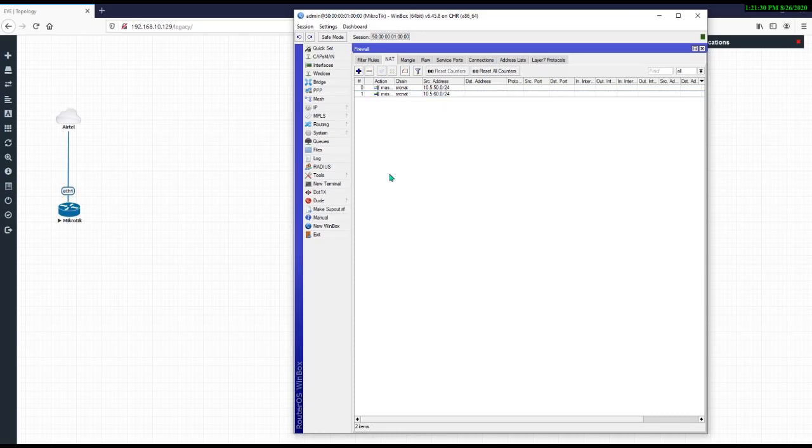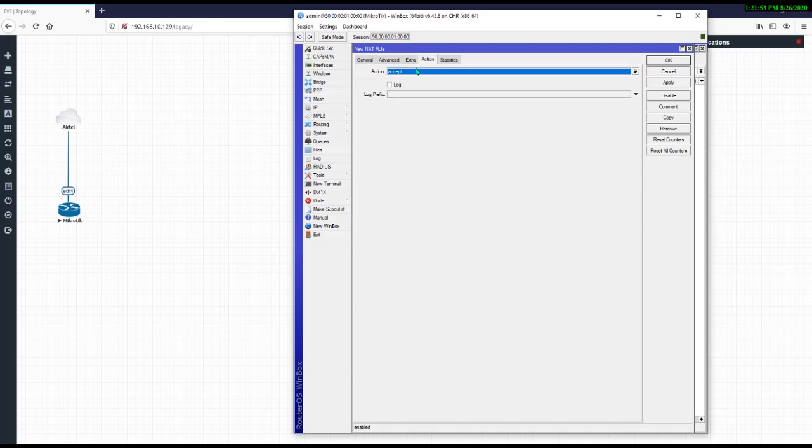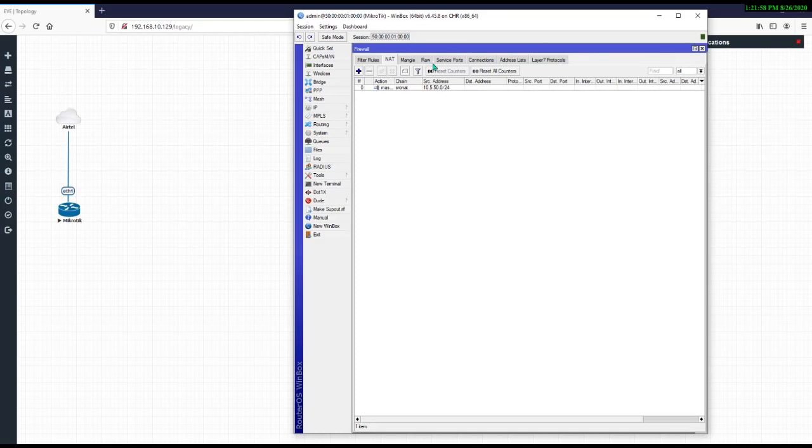So let me show you again. I am going to delete both rules and just click on add, and the first rule I want to create is for my first network, which is created on the bridge. So chain will be srcnat and 10.5.50.0/24, and in action, here you have to select the masquerade rule, just apply and okay.